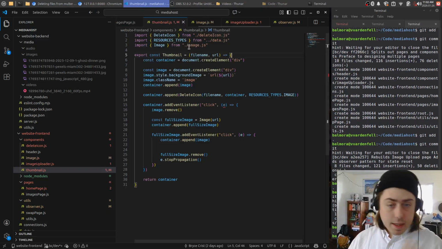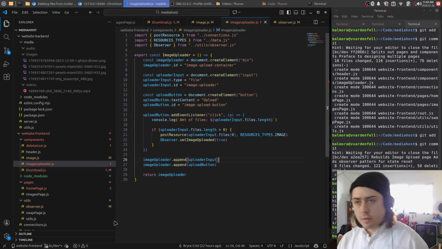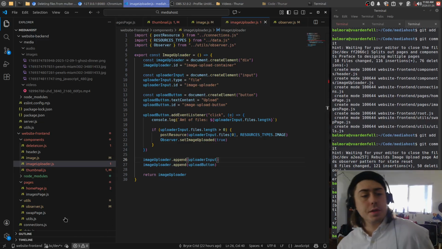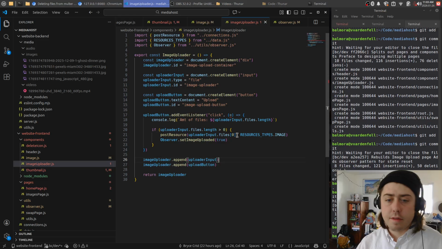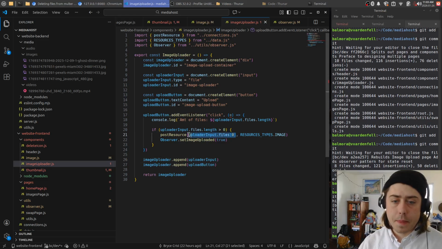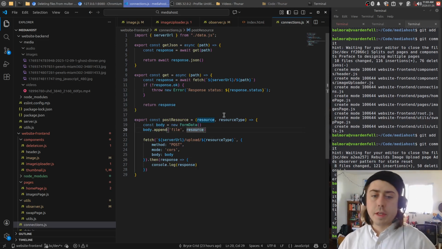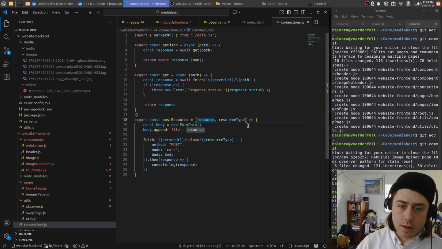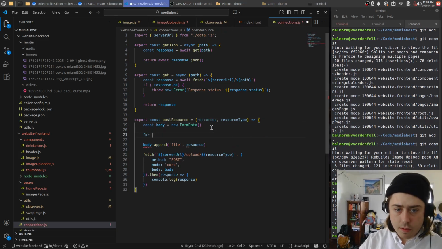Yeah, let's try multi-image upload. So this is going to require a change to the back end. The front end is easy enough, I think. Post resource, yeah. So we just need to change this to maybe resources, and then for